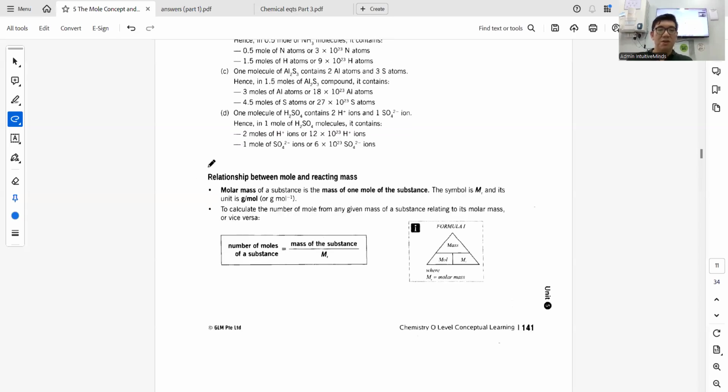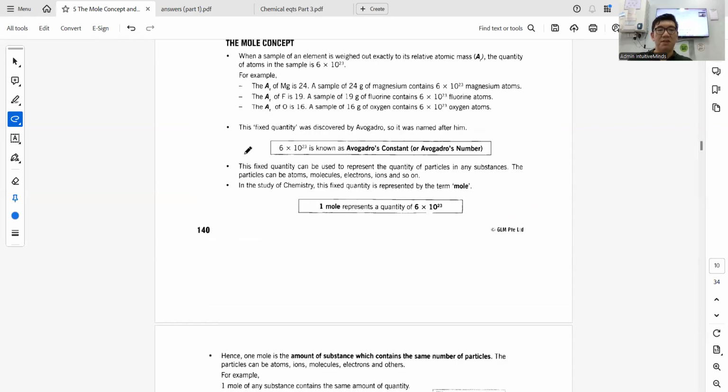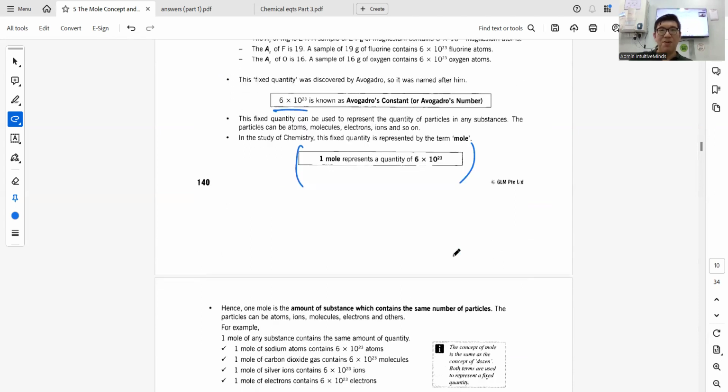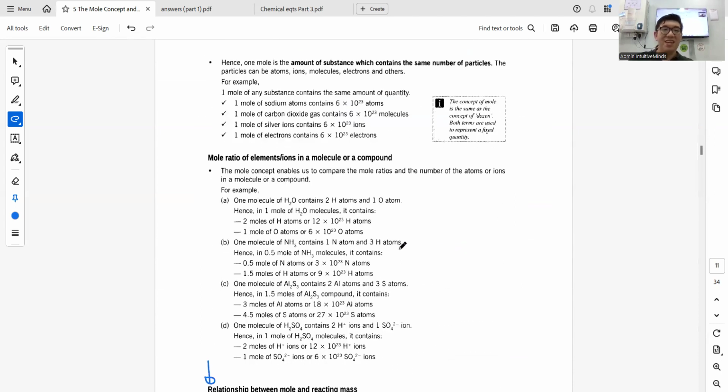Okay, so we continue from here. Last lesson we were talking about the mole concept. One mole of anything will contain 6 times 10 to the power 23 of that thing. So this number is very important. Special number. Okay. As a refresher, for example,